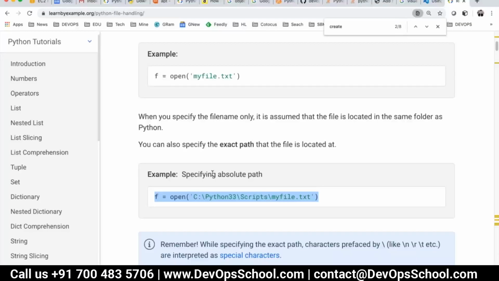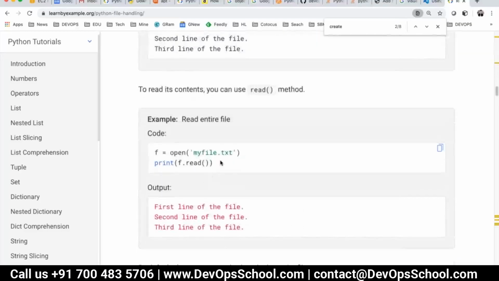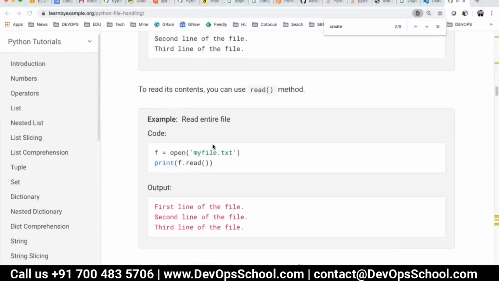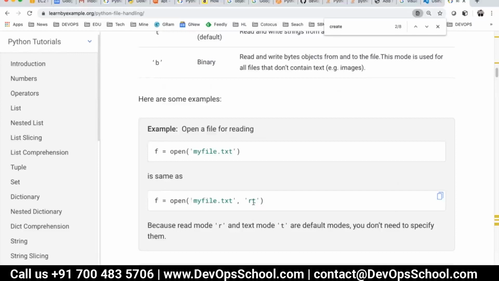Now here, F. Now this file is live, and that's all. So here I am going to create a file, and for this I am going to use